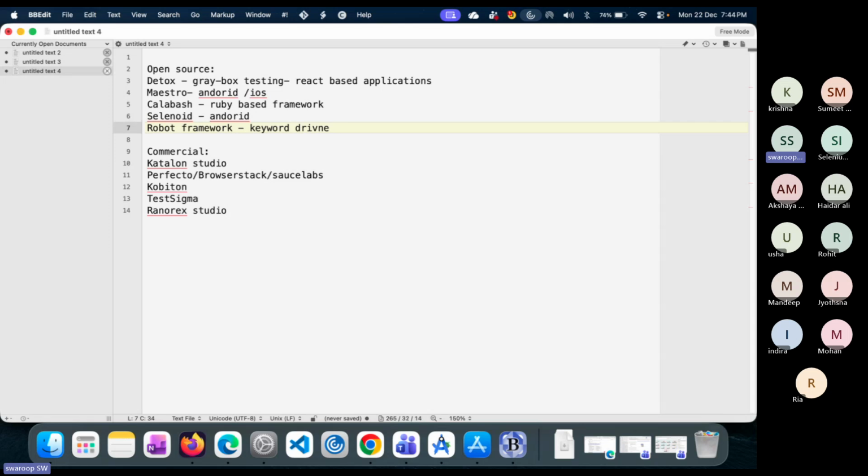Not as a tool, but you can extend your Appium to your robot and then you can use it. But the other commercial tools like these, you need to pay a very hefty amount to get it and then use it. So due to these shortcomings here and there,